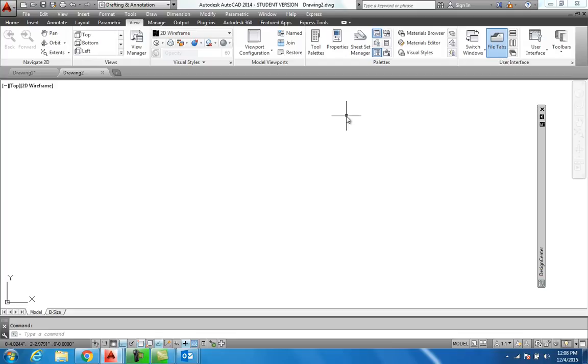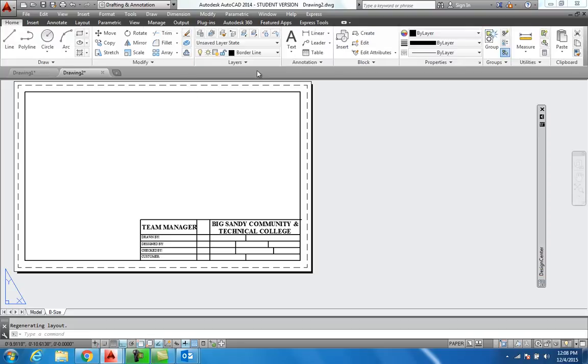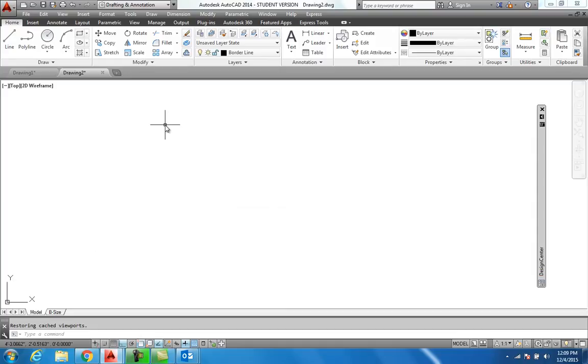I brought it in there just like this. That'll work out just fine. B-size paper is on here. I should have everything set up. All my layers should be set up. So what I want to do on here is I want to show you guys how to set up your